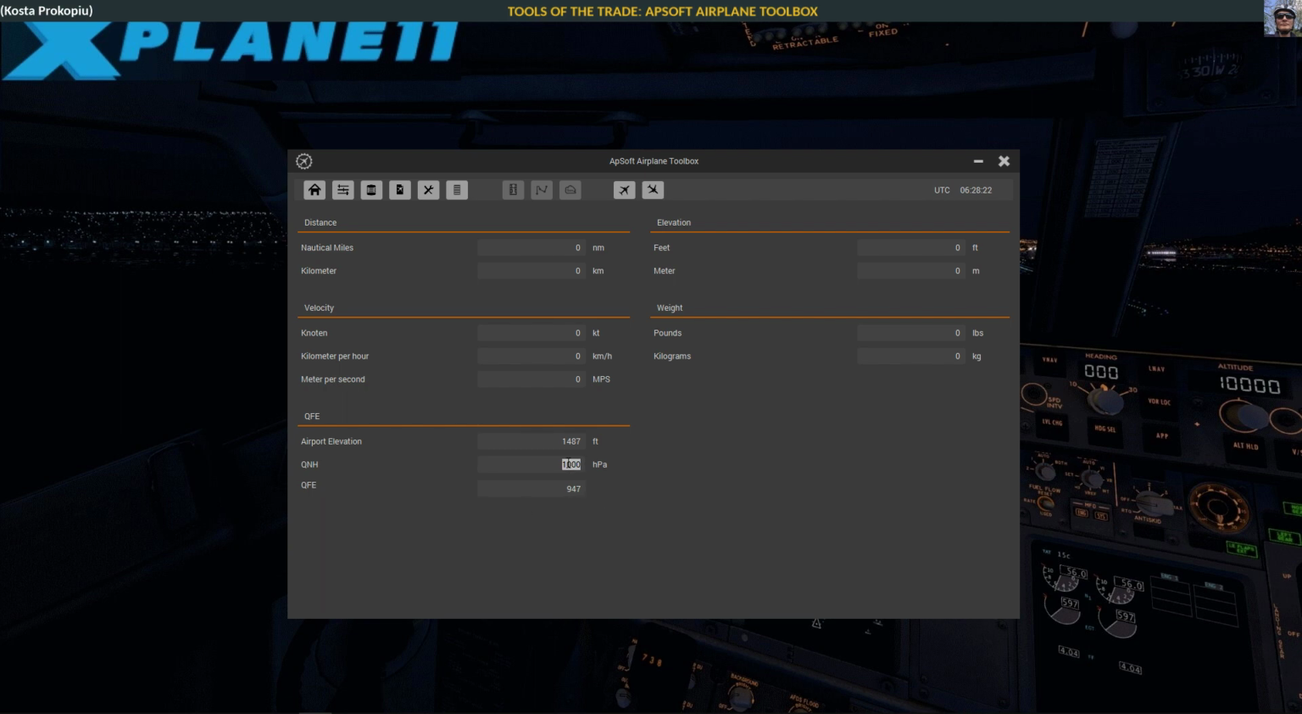So if with a QNH of 1000 I want to read 0 on my altimeter, I would need to dial in 947 as the barometric setting. That's actually quite nice. Feet to meters, and also the other way around. Pounds to kilograms and vice versa, nautical miles to kilometers and vice versa, and knots to kilometers per hour or meters per second, or vice versa. All right, so quite handy. All the most important